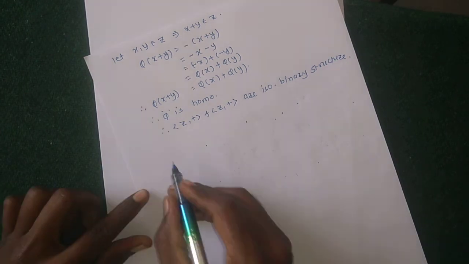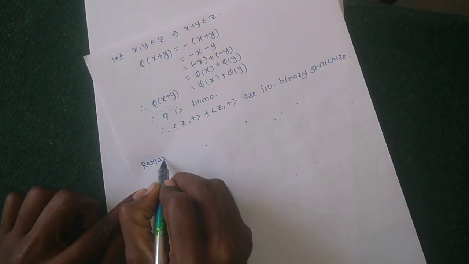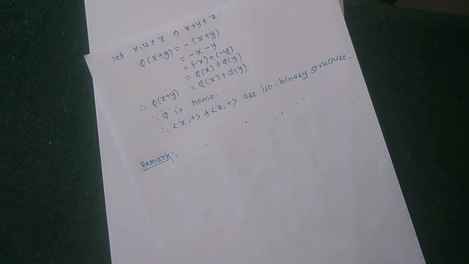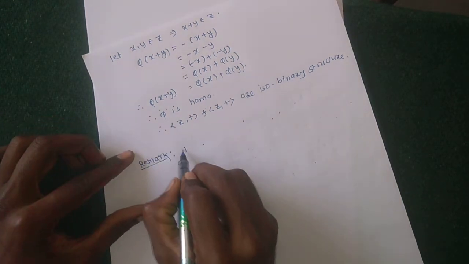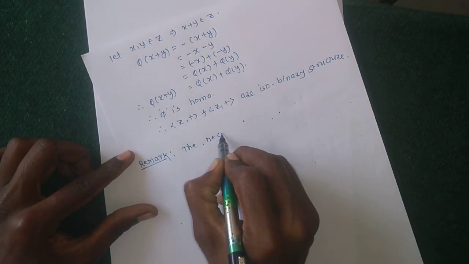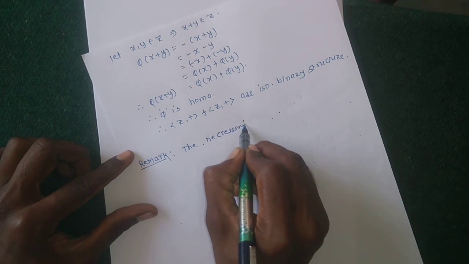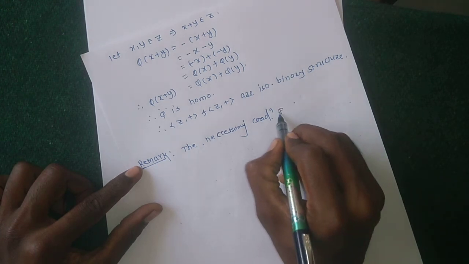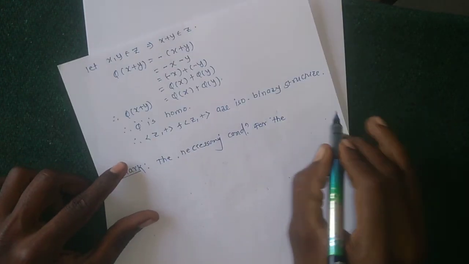Here is a remark. The first necessary condition for showing isomorphic binary structures is this: the necessary condition for the isomorphism